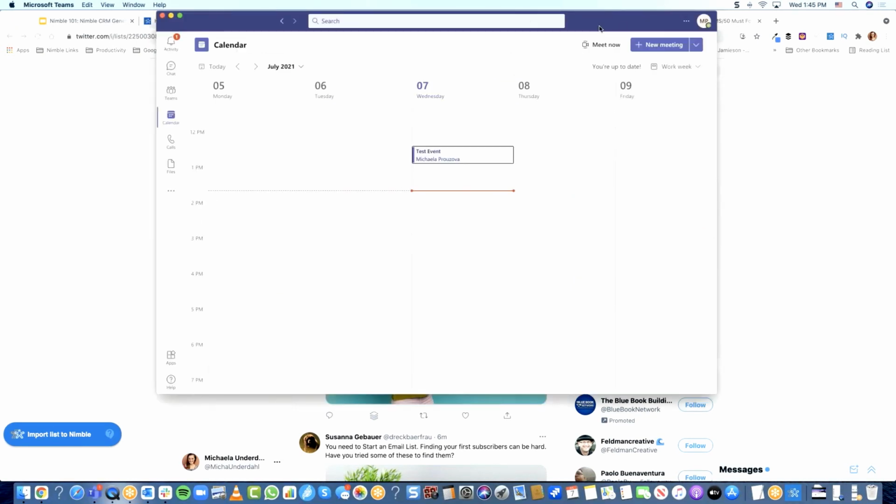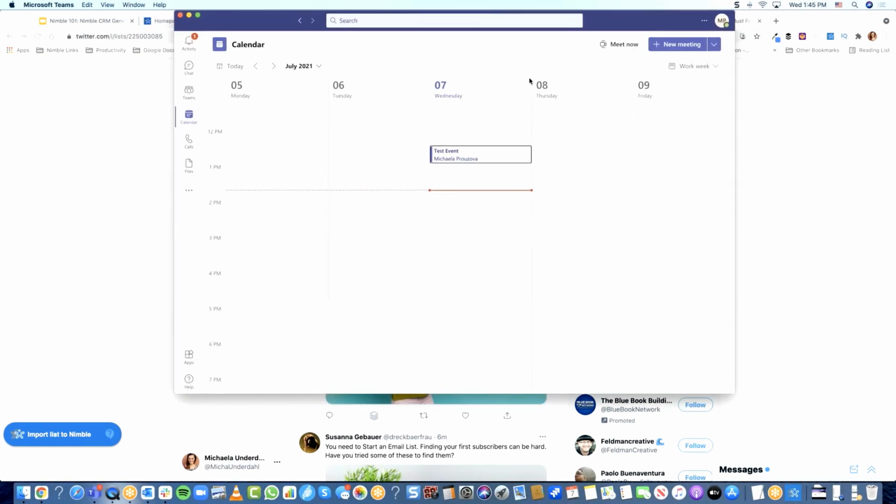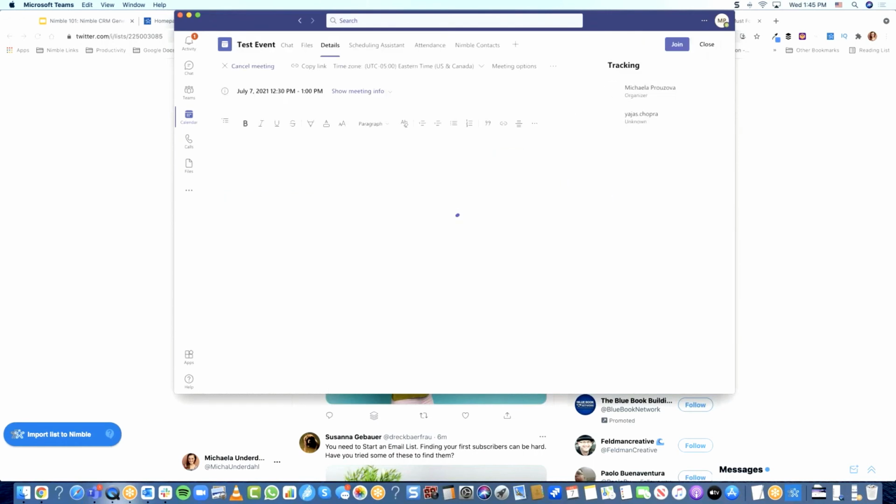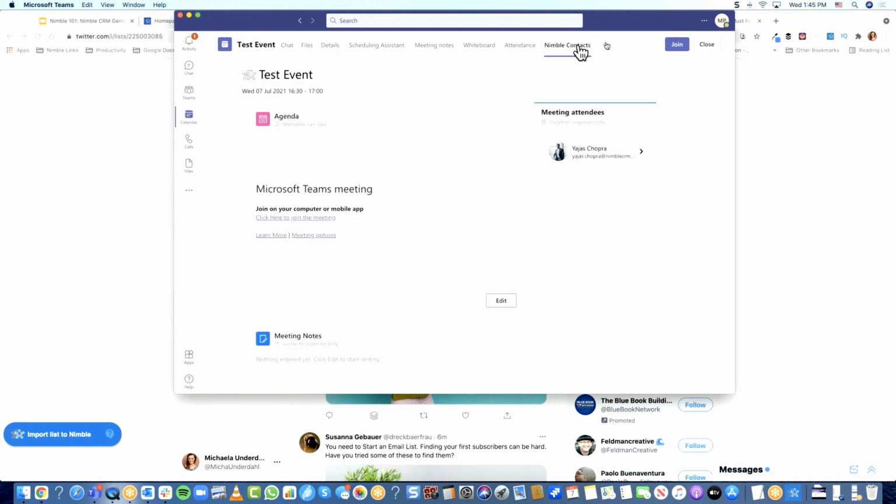Before we get to the mobile stuff, this is how you can use the Microsoft Teams integration. So let's see how you can use it. So I created a calendar event here. I'm going to open it up, and let's say I'm in a meeting with somebody. You can add the Nimble Contacts app here,